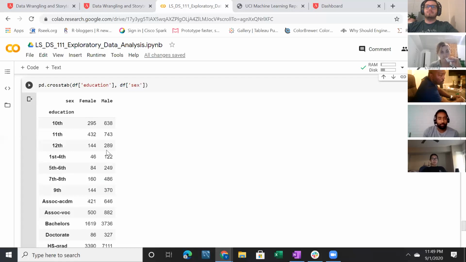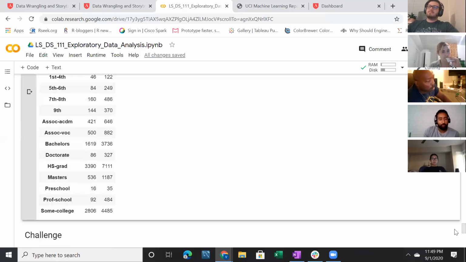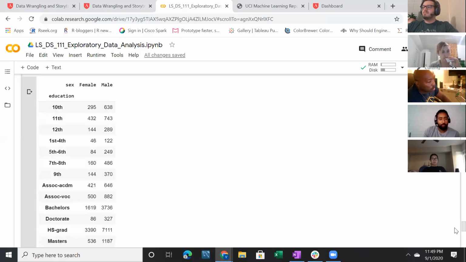But in any case, it looks like the male value here is higher than the female value for these categories. Looks like down the line, which is maybe not expected. We'd be curious about why there seems to be that